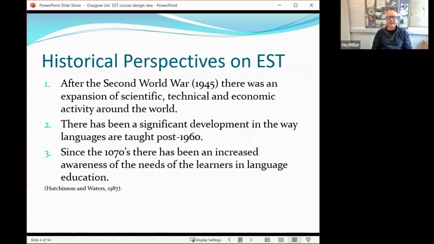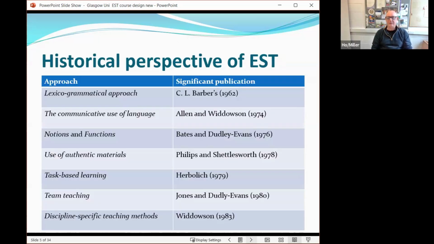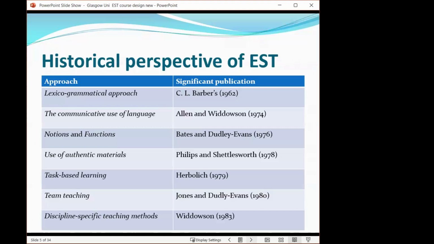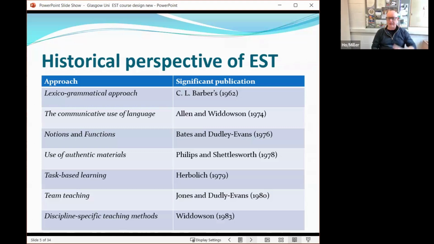And English basically became that second language. And this is 1970s. Since the 1970s, there's been a big increase in awareness of the learner's needs in language education. So if we look at what's happened historically, there's a very clear chronological development in textbooks and in thinking, course